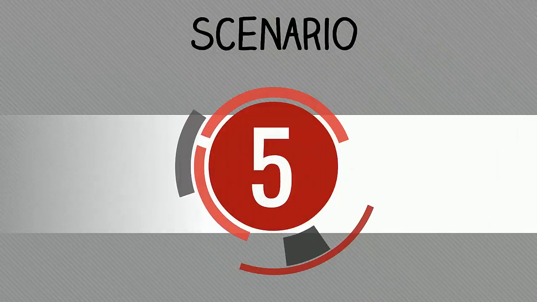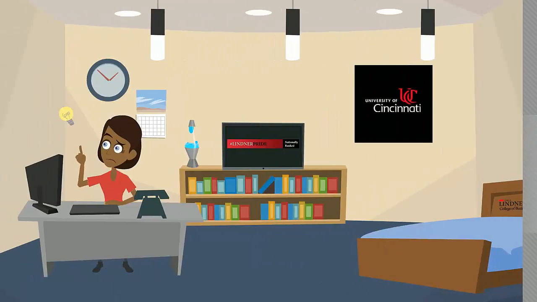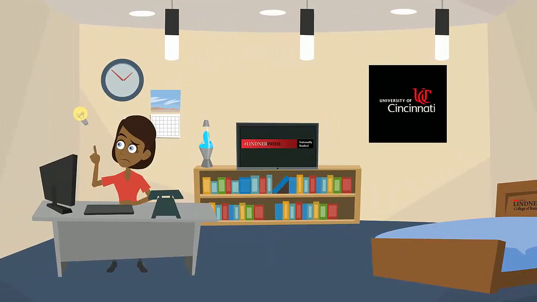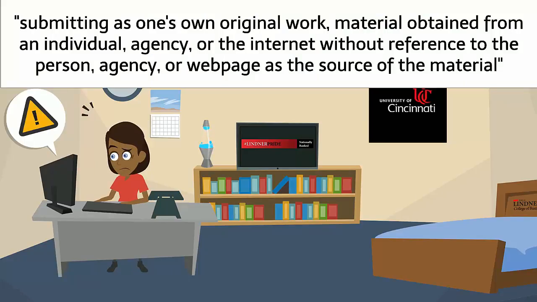Scenario 5. While writing a paper for her sales class, Ruchi finds a very good quote in an article online. She puts the quote in her paper and even puts quotations around it, but she forgets to cite the article as the source. While this may be an obvious mistake, Ruchi is still in violation of the Code of Conduct,